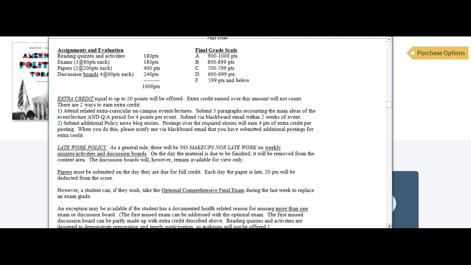I'll take them down afterward. Discussion boards as well. The papers are due. Be pretty clear about the due date, and each day that they're late, there will be 20 points deducted from the score, so that's a letter grade, so be careful about the due dates for those. If you do miss one of the exams on the day that it's due, you can take